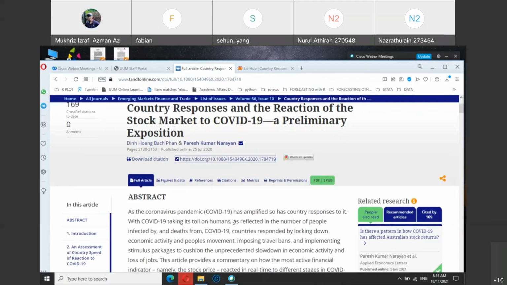To give more weight, pemberat lah, to the weight of your article, of your thesis, so that it becomes more relevant rather than you just simply copy and paste or rewrite what other people have done. So that is part of the skill that I expect every student to display, as part of the marks that will be given to you in your project.